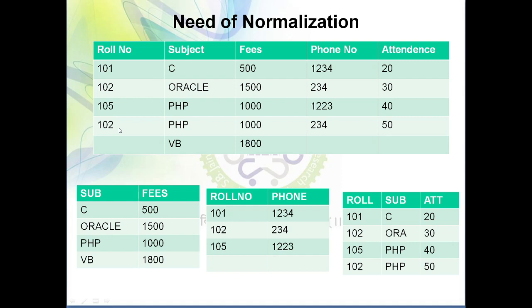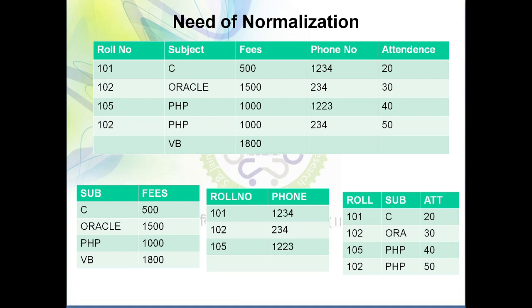Okay, so that repetition we have avoided in the normalization. Normalization helps us to decompose one large table into a number of subtables so as to reduce the redundancy, and redundancy is a major cause which creates a lot of issues of insertion, deletion, updation and inconsistency problem. So that problem is overcome in the concept of normalization. In case of normalization you need to remember that we are going to decompose the table,